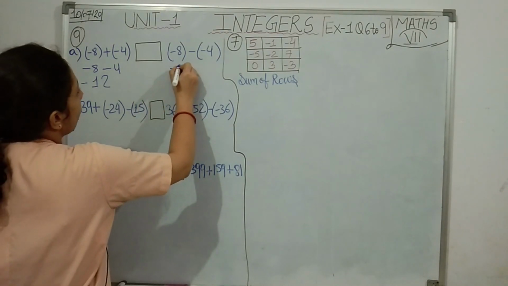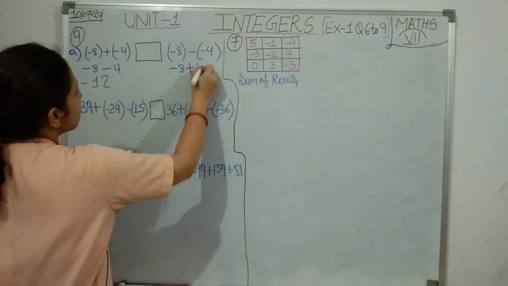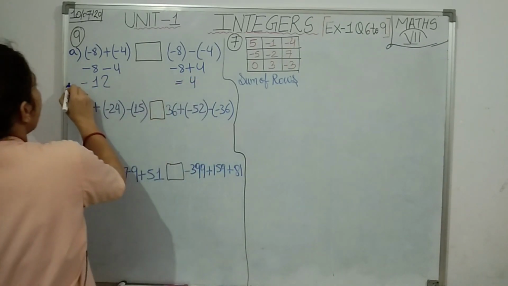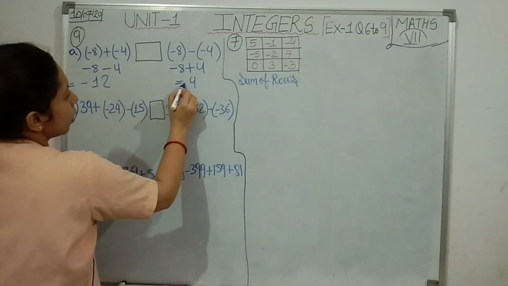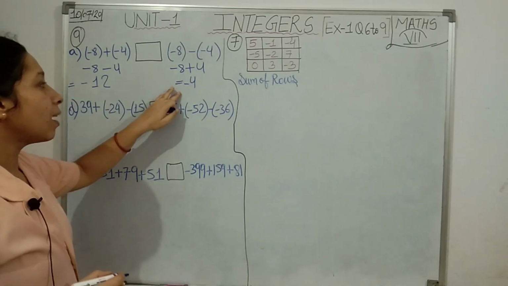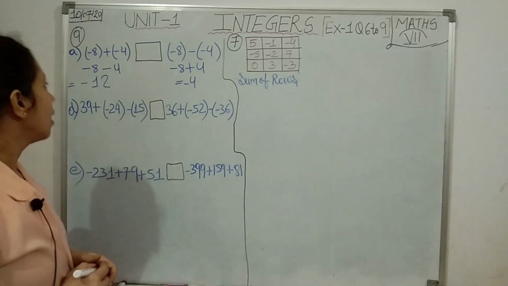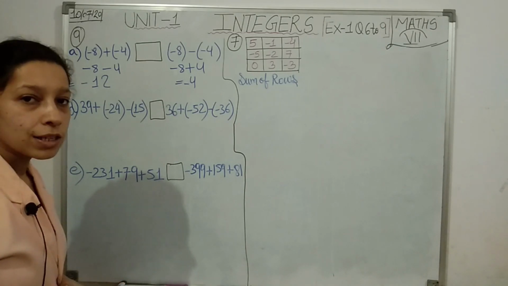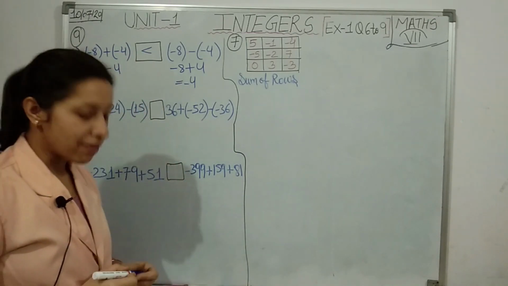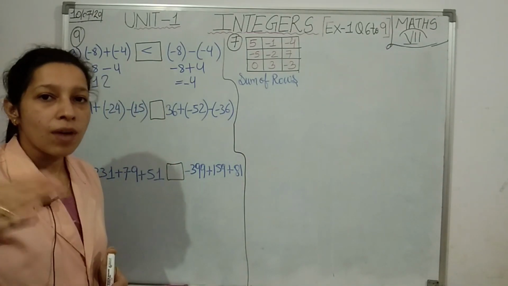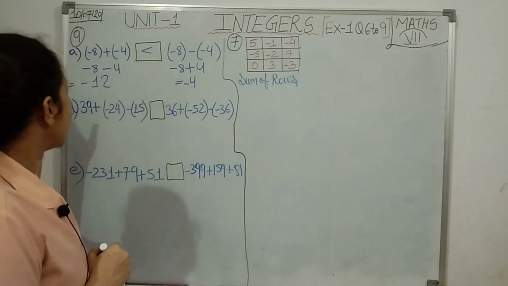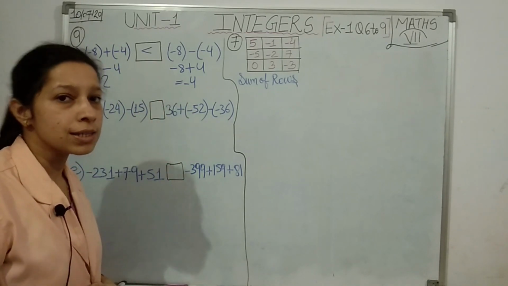Solve this part also. Minus 8, here minus minus plus, again minus plus minus, 8 minus 4, 4. Here 8 is the greater number with negative sign. So in the answer also you are going to put minus. So this side minus 12, this side minus 4. Which will be greater students? Minus 12 or minus 4? Minus 4 is greater in comparison to minus 12 because I have explained to you that as the negative number increases, its value decreases. So here minus 12 is less than minus 4. That's why minus 4 is greater.